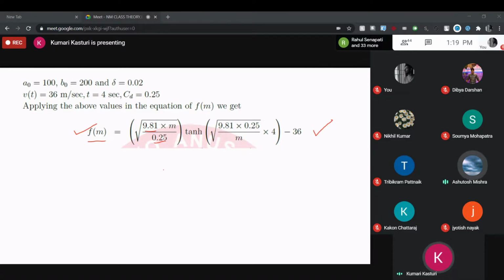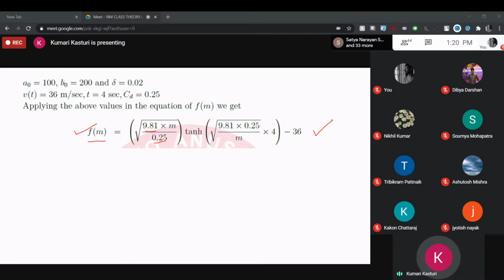Then what do you have to do? What is the procedure in the regula falsi method? First step, you can refer to the previous question, all of you, if you have not remembered. I think most of you have not remembered whatever we discussed last class. So you can refer to your last question. So after having the equation, you are checking that